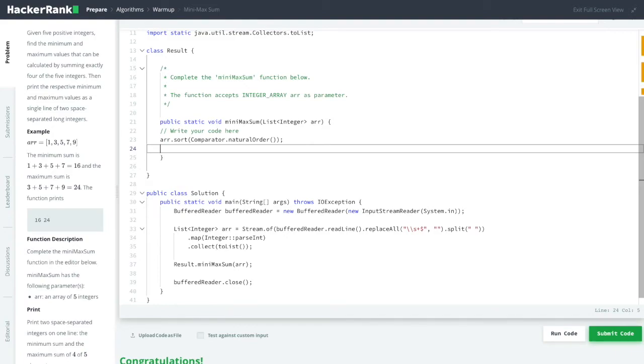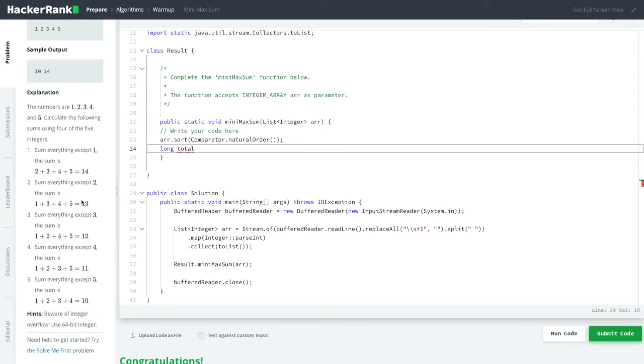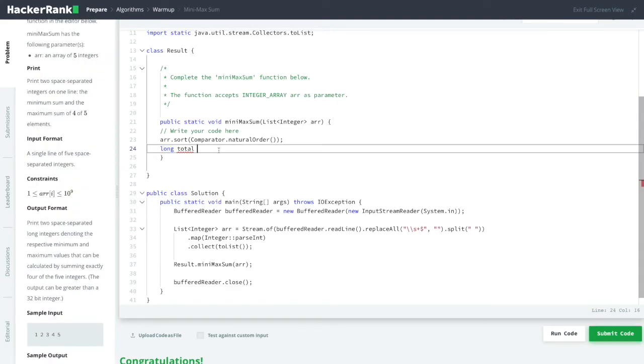Now, if you also remember earlier, I had a total variable, and this variable was for storing the total value of our array. Obviously we can work it out before we sort the array, but I just like to put it in afterwards. But there's one thing to remember here. Beware of integer overflow. Use 64-bit integer. So they put that within the constraints of the actual problem itself, and therefore we have to remember to use a long, because it could be a very high value in a particular index within the array. So we have to remember that it's a long. Now we initialize it as